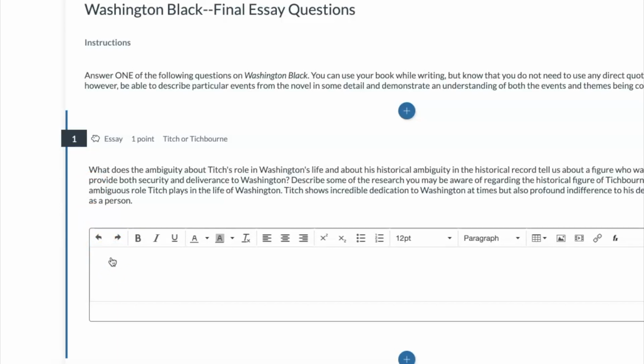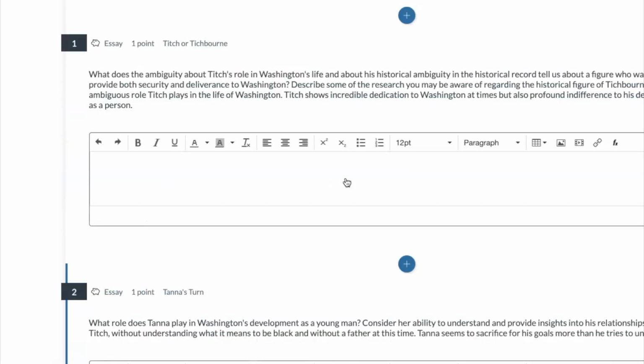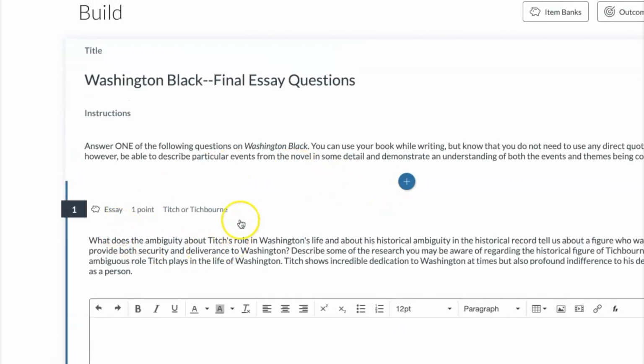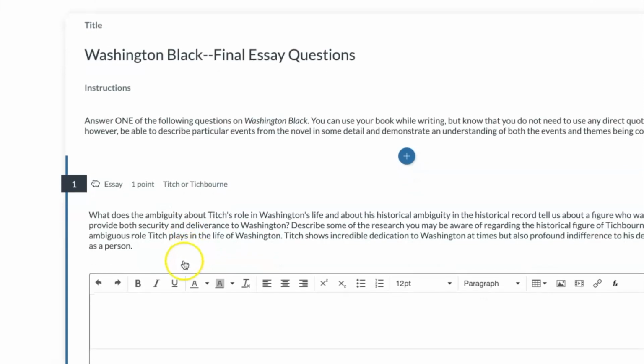You don't need to write a whole introduction. Then write 3 to 4 body paragraphs that deal with particular scenes from throughout the novel, okay, and show what you want to demonstrate about that aspect, okay? This topic, which isn't finalized, is on Titch's role in Washington Black, and I'll have all these finalized too. But this is the Titch one, and if you choose that one, you would write your thesis first and then deal with 3 to 4 scenes from the novel.